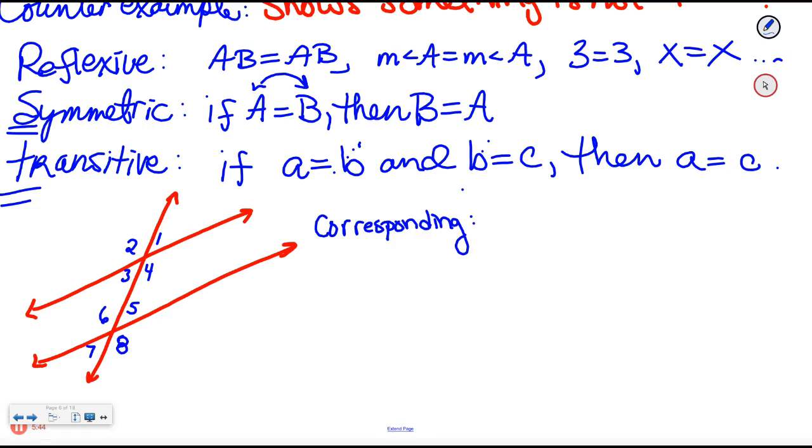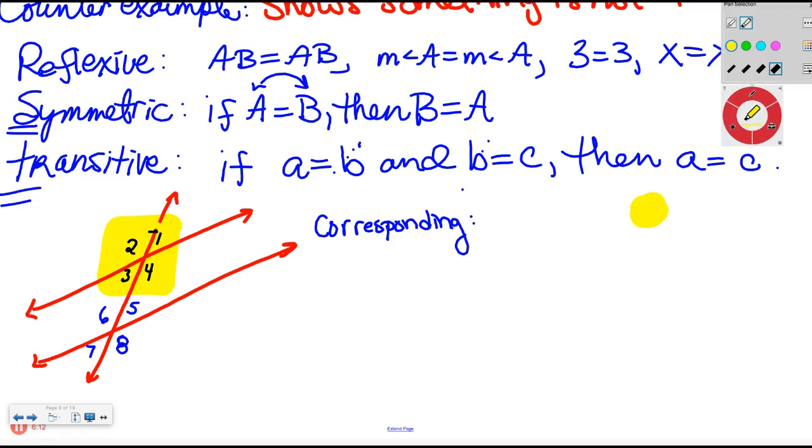Corresponding angles are in their same spot in their group of 4. So if I were to consider this as being 2 groups of 4, I would have the top group, trying to go to a highlighter here. There we go. So I'd have this top group of 4 in yellow. And then if I want to consider the bottom group of 4 in purple,